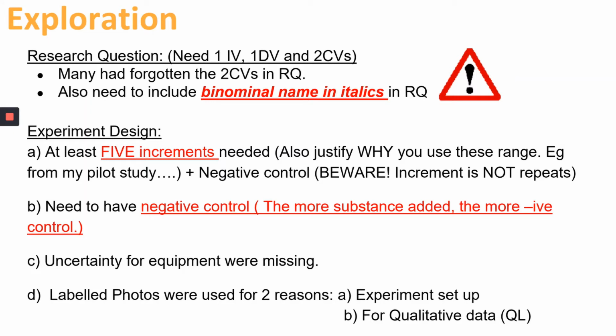And the next one is the diagrams. It depends on how many pages you have, because for the IA there is a 12-page limit. If you have space, of course you can add some labeled photos of the experimental setup. For example, the qualitative data. Generally speaking, if you include photos, we prefer students to include the qualitative data only. You don't need a photograph or a drawn diagram for the experimental setup. But it will be beneficial if you have a labeled photo for your qualitative data, which we will explain later on.